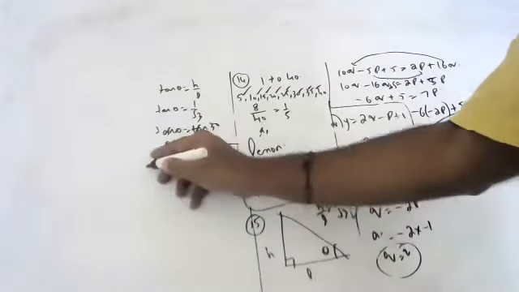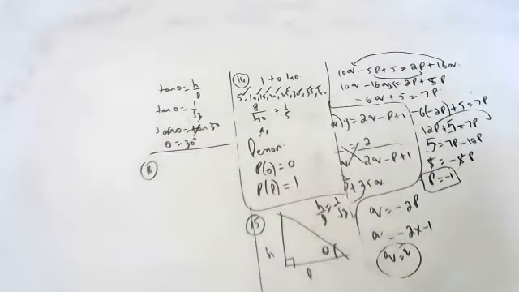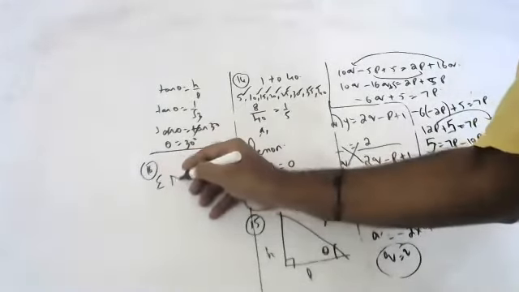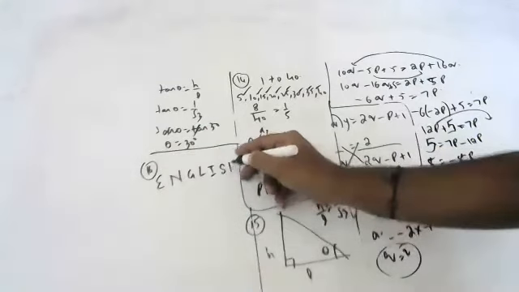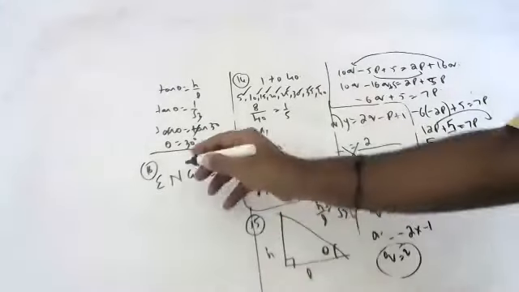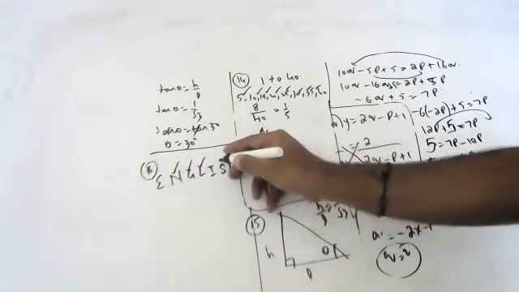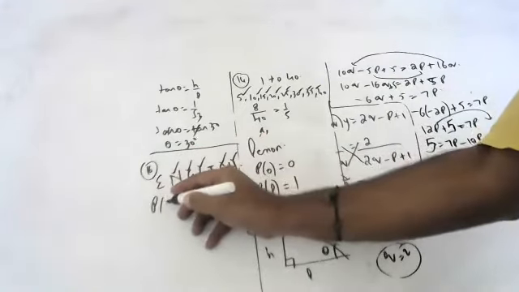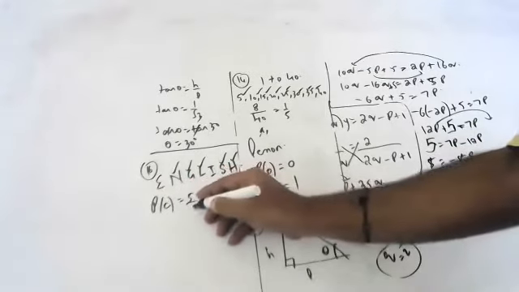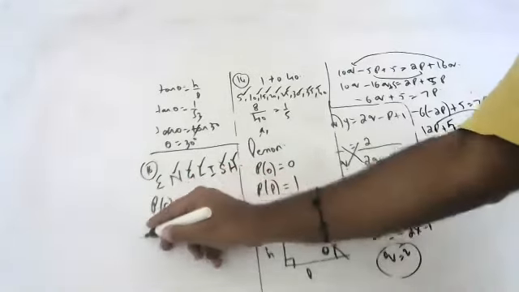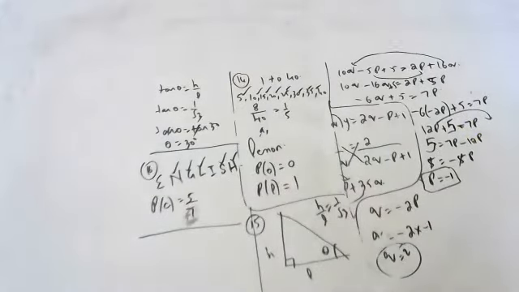Okay, children, hope you are able to understand the 16th question. A letter of the English alphabet is chosen. Find the probability that the letter is a consonant. Children, we did this question. In the English alphabet, what is the probability of consonants? 5 by 7. This is the probability of consonants, not vowels, consonants, children. Okay, children, next question.